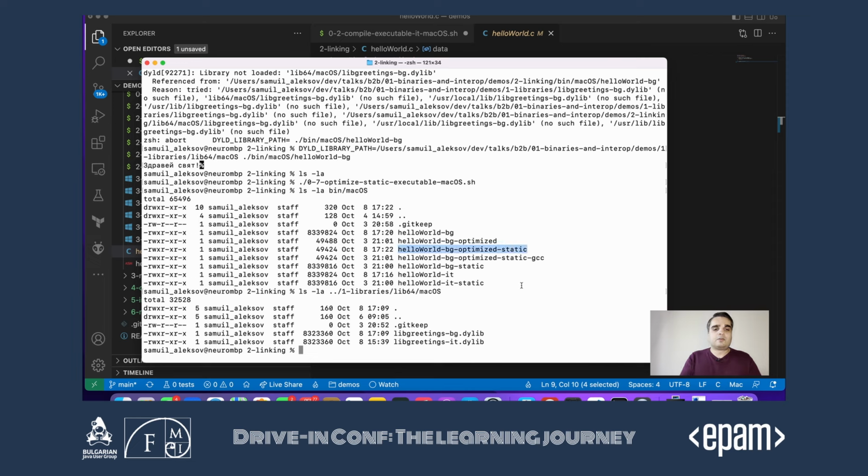And of course, the added advantage of statically linked executables is that they don't have any of these looking for libraries plague, because the code is already part of the executable. All the library code is already a part of the executable. Of course, they do have these advantages, but in terms of optimizations, there's no better way than this, probably, if we're looking to reduce the size, and also to make sure that our binary is going to run on any system.